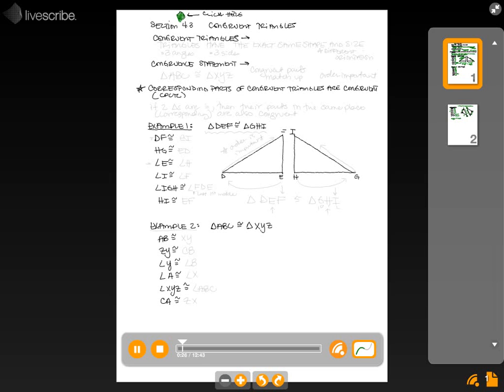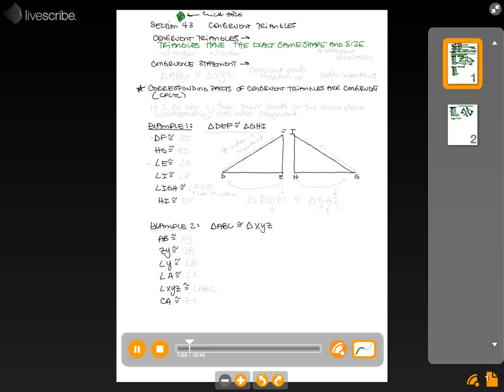Okay, first thing we're going to do is talk about congruent triangles. Now, if you have congruent triangles, that means the triangles have the exact same shape and size. They are identical to each other. Now, they may have a different orientation. One may be flipped upside down, or one may be backwards, but they are the same shape and the same